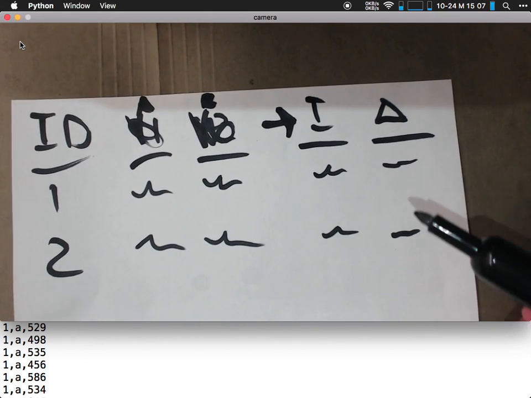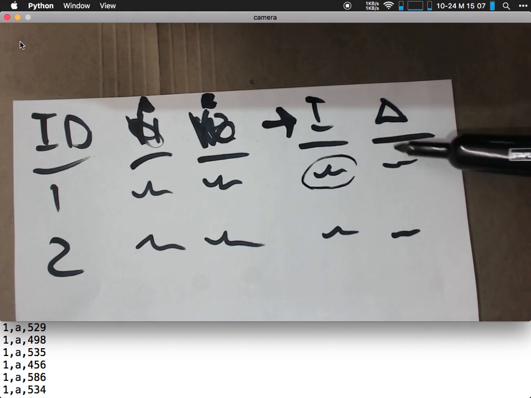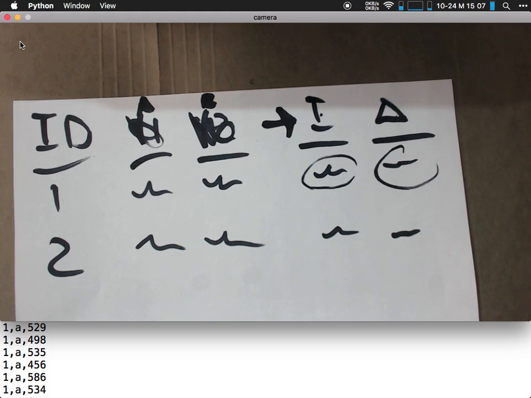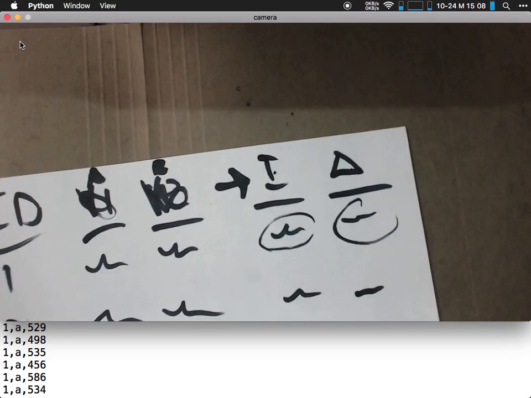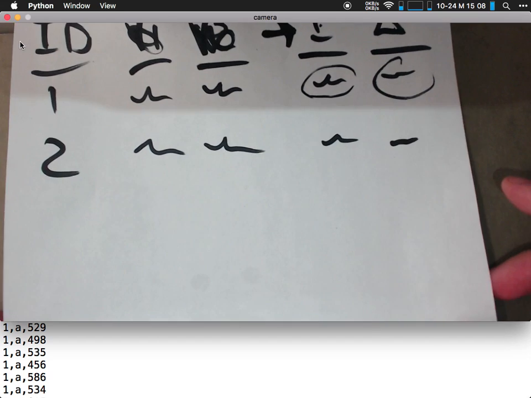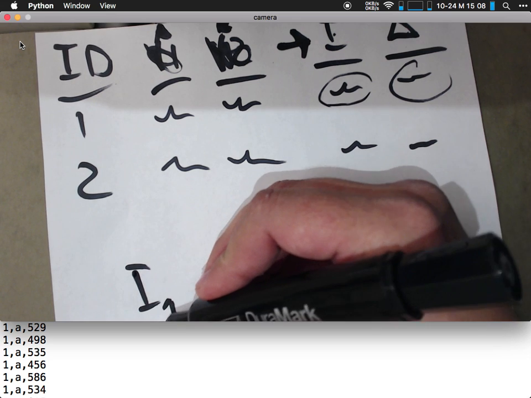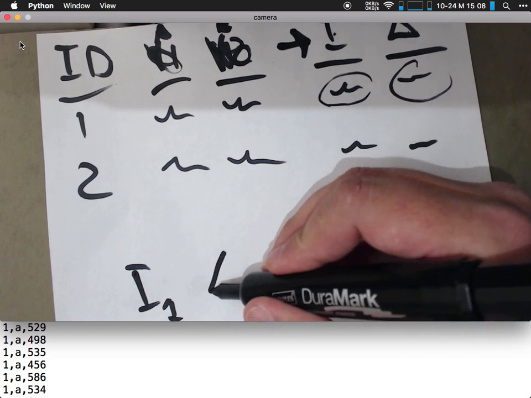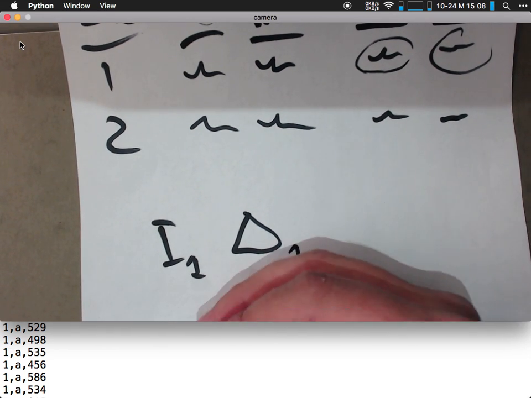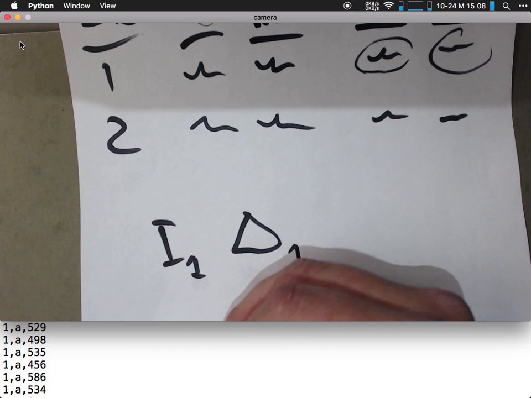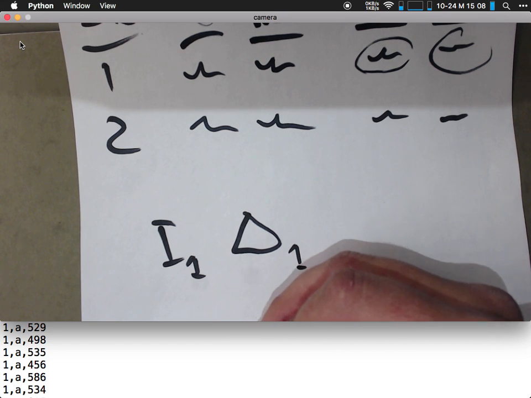We're going to have our model express that there's some number for each person, some intercept and some delta, that when you take those two numbers, so I'll say for person 1, they have I1 and delta 1. What I'll say is that the observations for person 1 in condition A